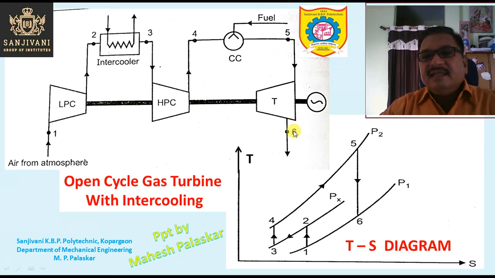And here in this process, since the compression is done in 2 stages, the work of compression is reduced. In the last topic we have studied that if we go for multi-staging in compression, then the work of compression is reduced. But for that we have to use appropriate intermediate pressure, and then we have to go as near as possible to the perfect intercooling. So in that case the work of compression will be reduced by increasing the number of stages of compression.